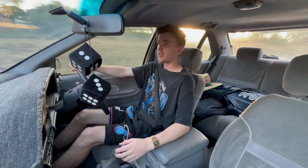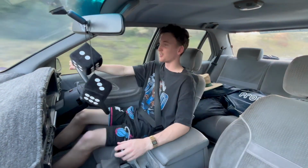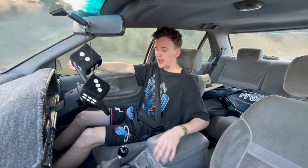5 gears, first to third are extremely short and sharp, and 4th and 5th are long as, perfect for cruising while flogging it. Not that I ever flog it, of course. But oh my, does this car mix luxury and performance, if you will. It has that old school feel while still being new enough to cruise around. Cruising with cruise control on the freeway,